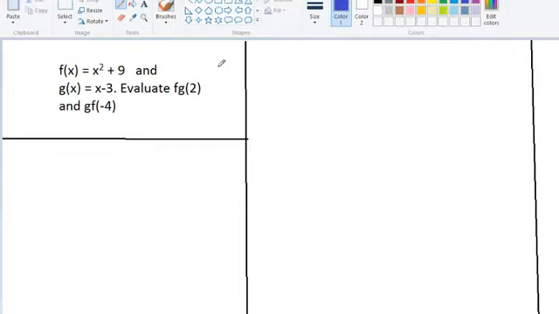Good day. We are evaluating composite functions again, and the question given to us is f of x is equal to x squared plus 9 and g of x is equal to x subtract 3. We must evaluate f of g of 2 and g of f of negative 4. So working on f of g of 2,